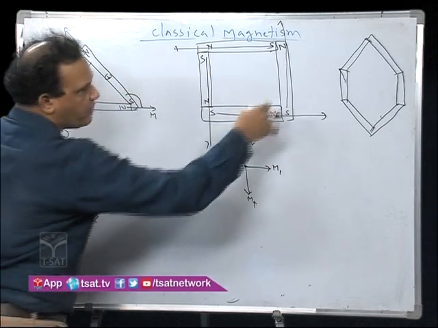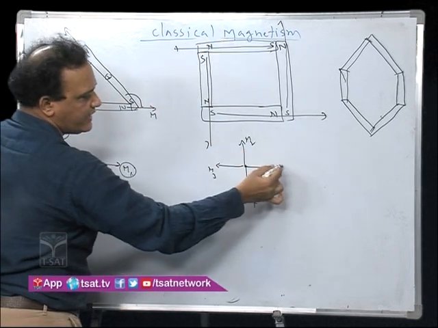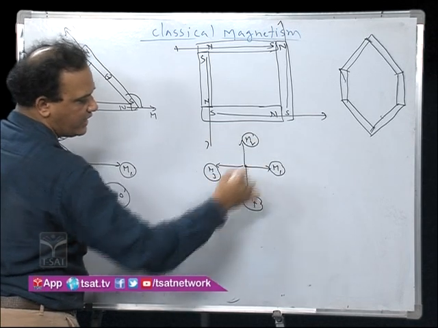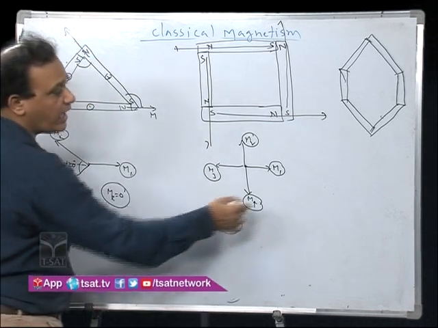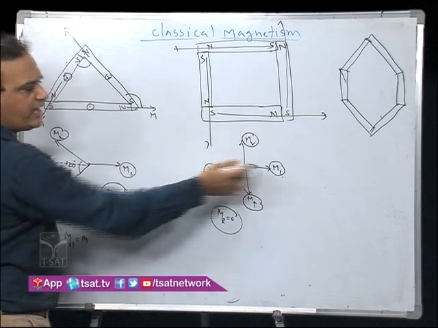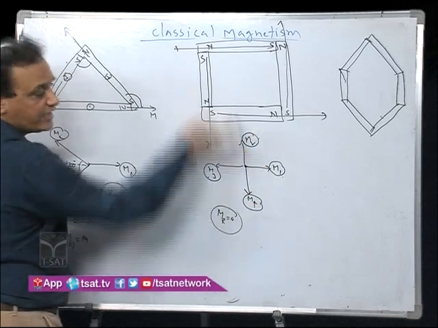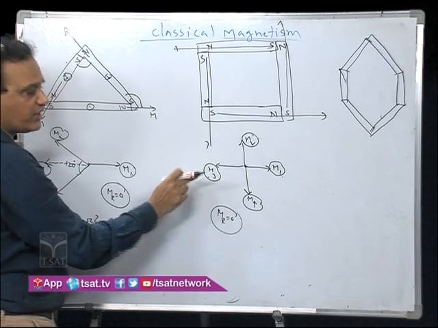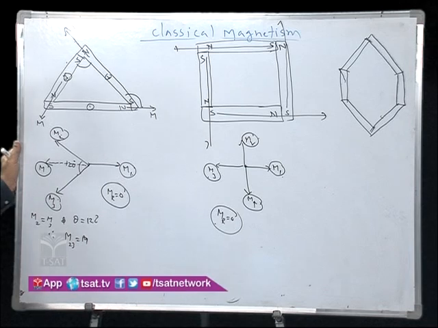Similarly, in the case of 4 magnets arranged such that if these are identical, then the resultant magnetic moment is equal to 0. Here not only are all identical. See, m1 is equal to m3, say 10 ampere meter square, and the other ones are m2 and m4. If these two are in opposite direction, say 20 ampere meter square. All are not identical, but the opposite magnetic moments are identical, so the resultant magnetic moment is 0.